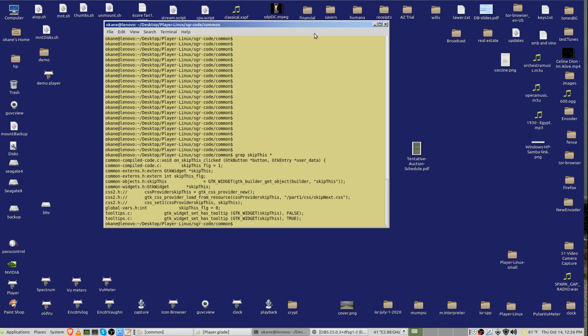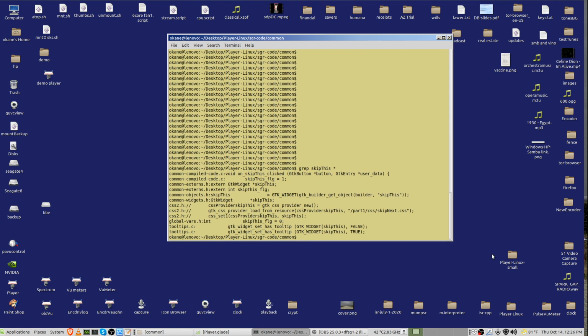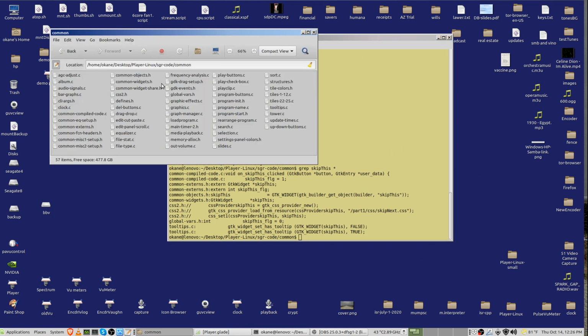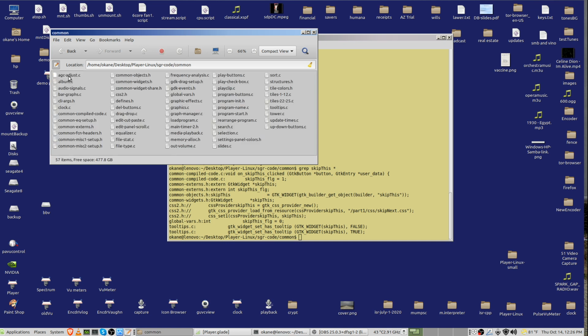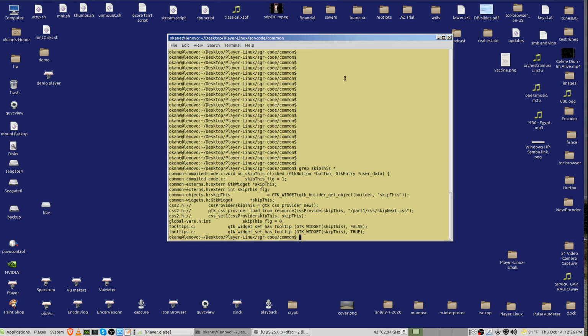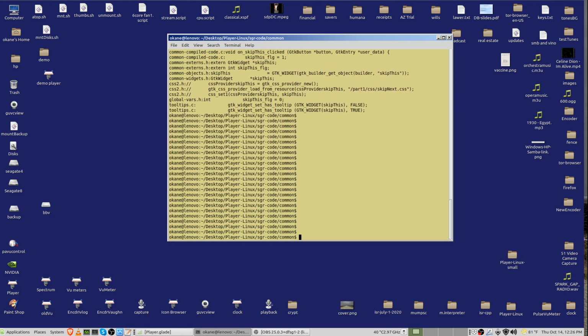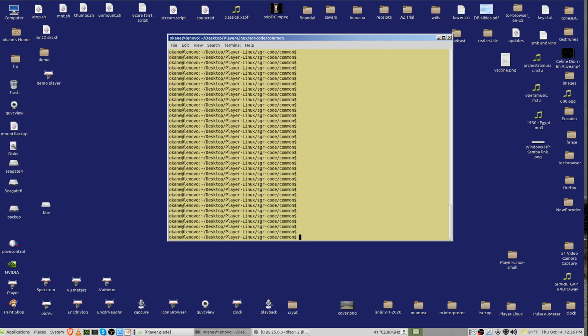Okay, well, we need to go into the directory, and do I still have it up here? Well, we start at the top here, and this is the top level. Go to SGR code, and then go to common code. It's code which is shared by both the Windows and Linux version, even though the Windows version is not currently being worked on. Open a terminal in that window. Here's a terminal that's in that directory. And you can see it's there. It's SGR code common. And do a grep